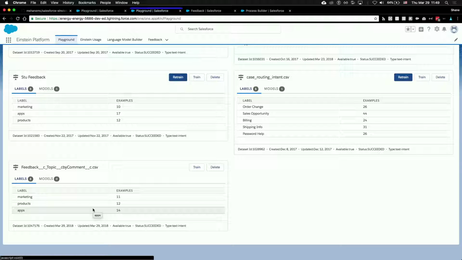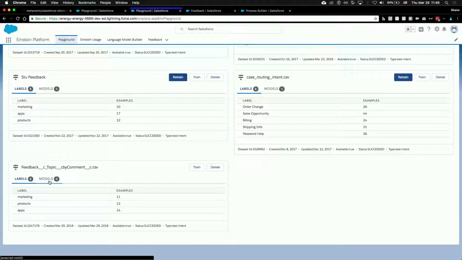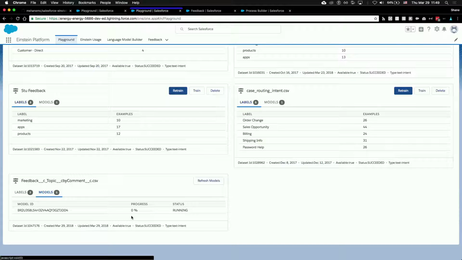And so in the Einstein API's world, a data set is just this collection of data, and then that's used to train a model. So you may have the same data, and you may train several different models a few different ways. And so what we've done is make it easy for you to be able to call train on that model. And what that's going to do is return a model ID. And then if I go back to our Models tab, I'm going to see that this one is going, and it has a model ID.